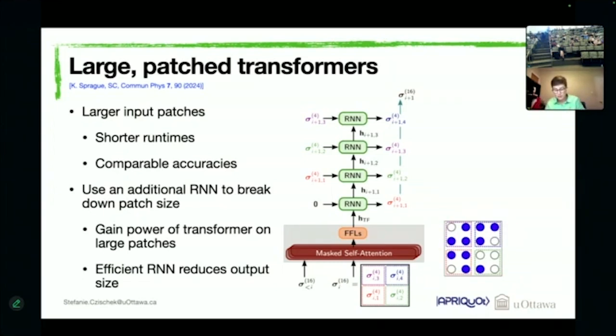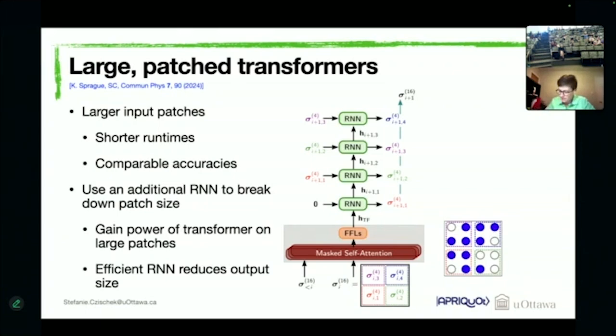Okay, so this way, the dimension of the output probability distribution is always 2 to the 4. So we always have these 16 states because we only sample 2 by 2 patches at a time. But our transformer still deals with this large input patch. And the reason why we use a transformer at the bottom followed by an RNN is that this way, while we are dealing with these large patches, we can make use of the powers of the transformer, which is very strong in dealing with these long-range correlations. And then once we deal with these smaller system sizes or these smaller patches, we can make use of the computational efficiency of the RNN.